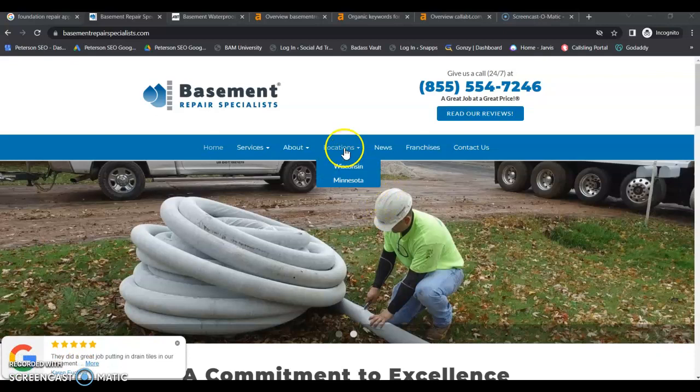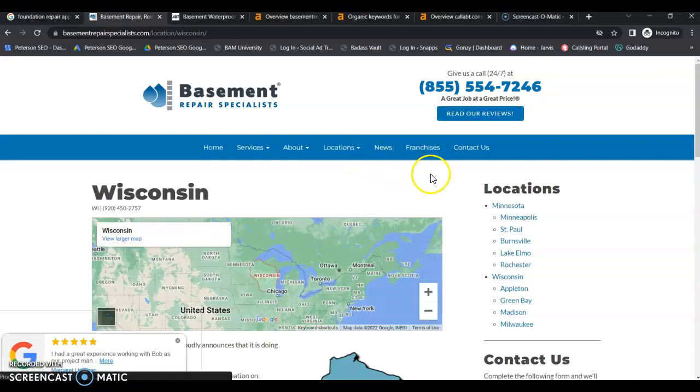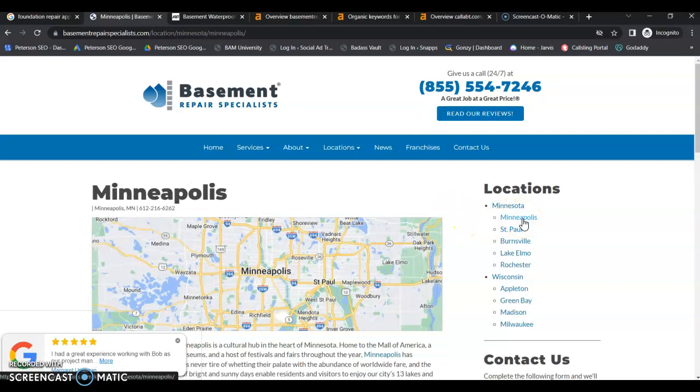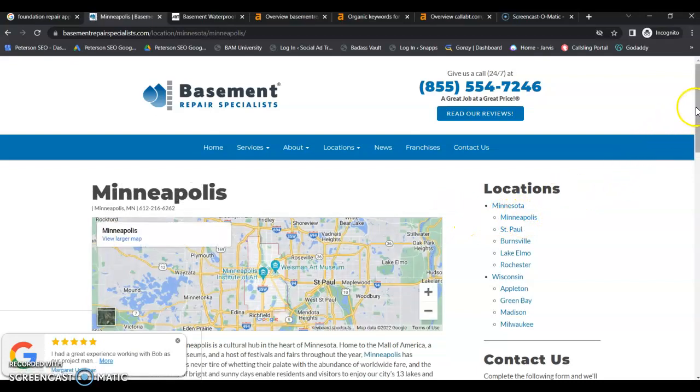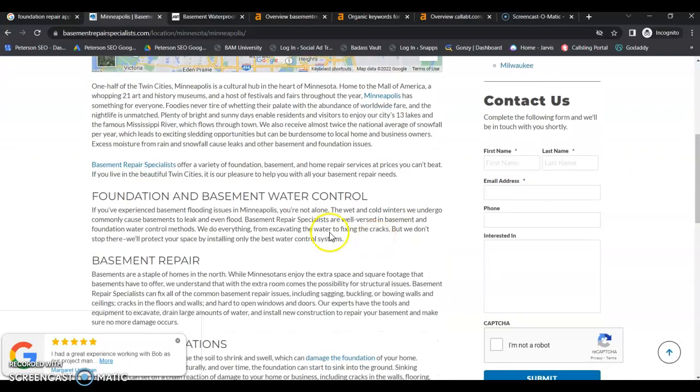You have location pages, which is awesome. Since you service multiple areas, having these service pages is critical. You want to make sure the service pages are like mini home pages. They should talk about each of your services. Okay. You have information about Minneapolis, and then you have the same information on each of your other pages